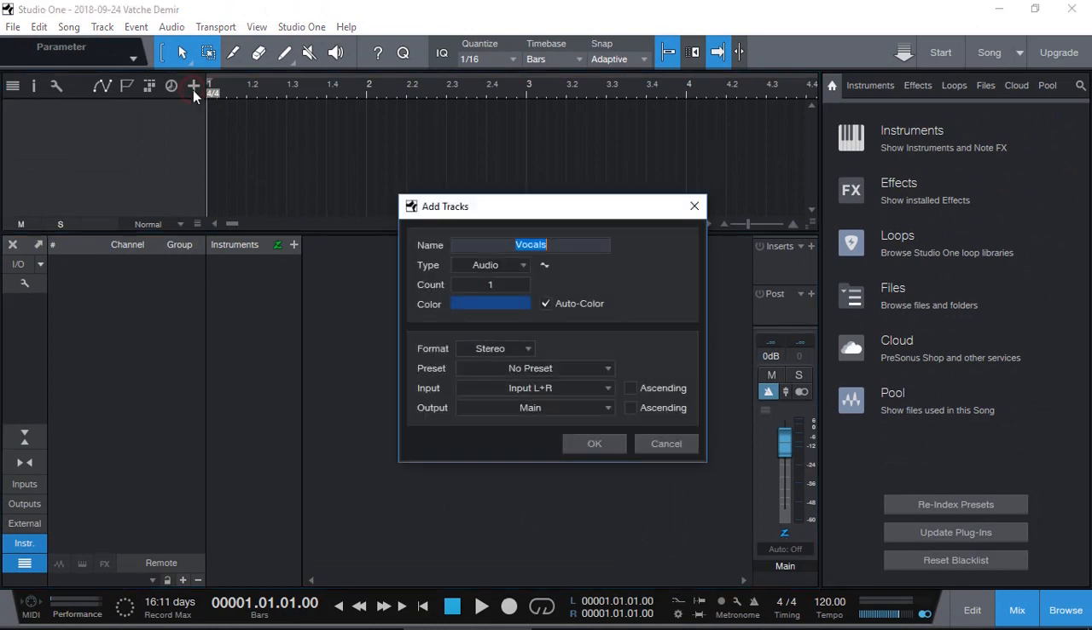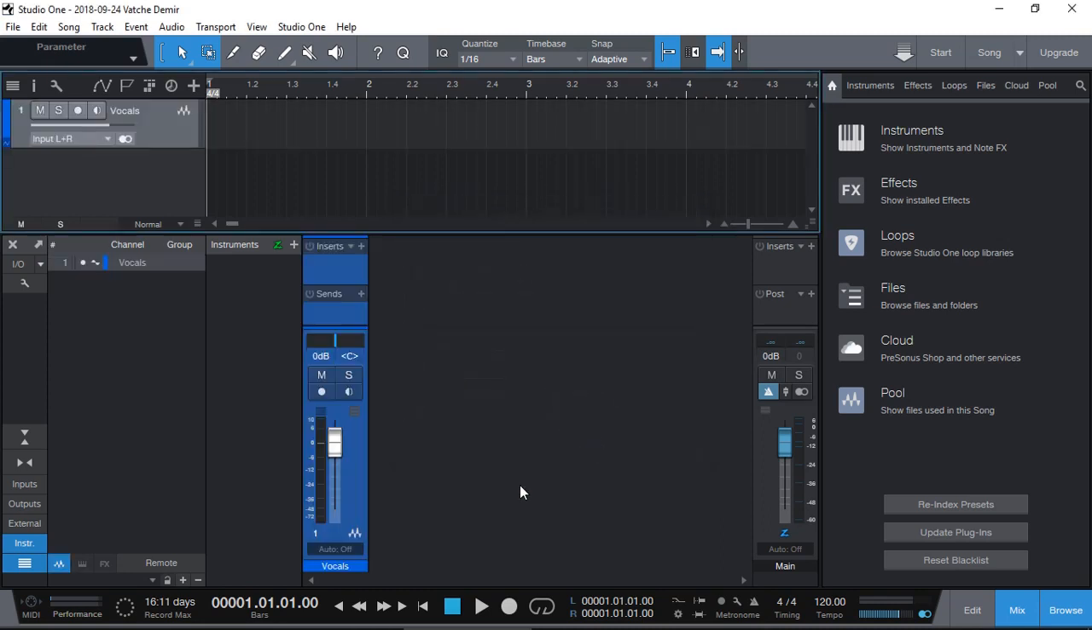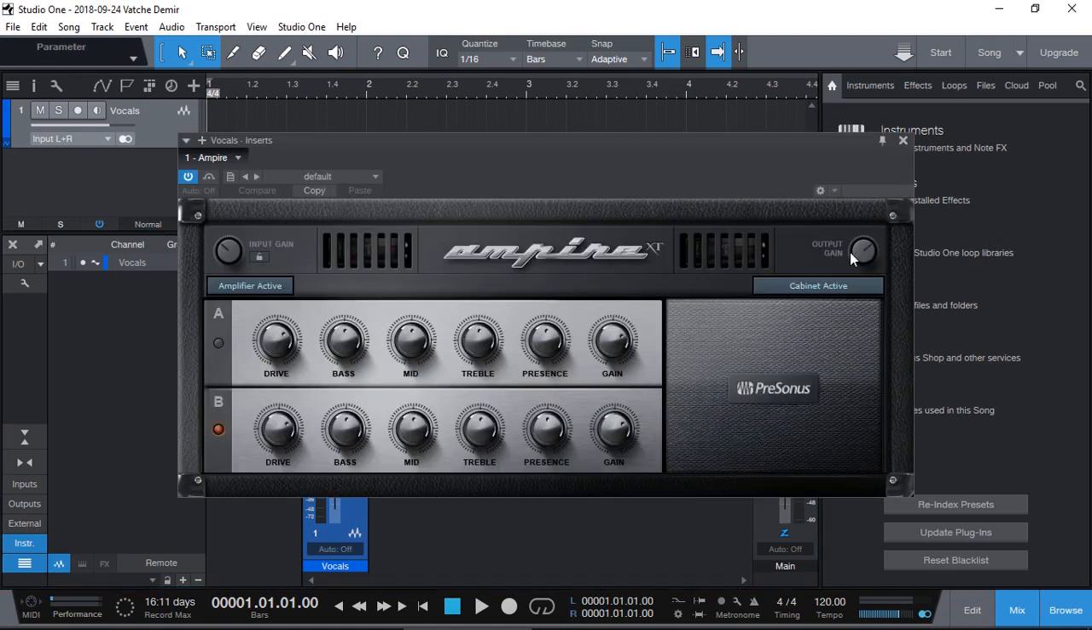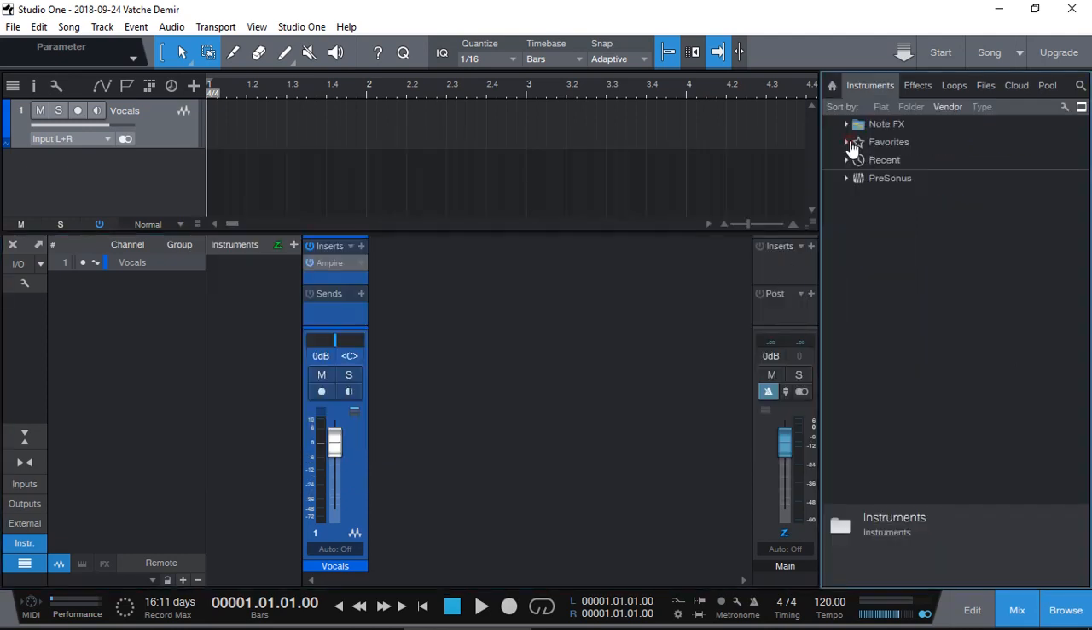So if we open up, let's say, a track, so any audio coming here we listen to, we are listening to it through the hardware and not through here. So any, let's say, if we add Ampire, if we play guitar into this input, we are not going to hear any of the effects of the Ampire guitar amp sim. But if we put any instrument, like Presonus,